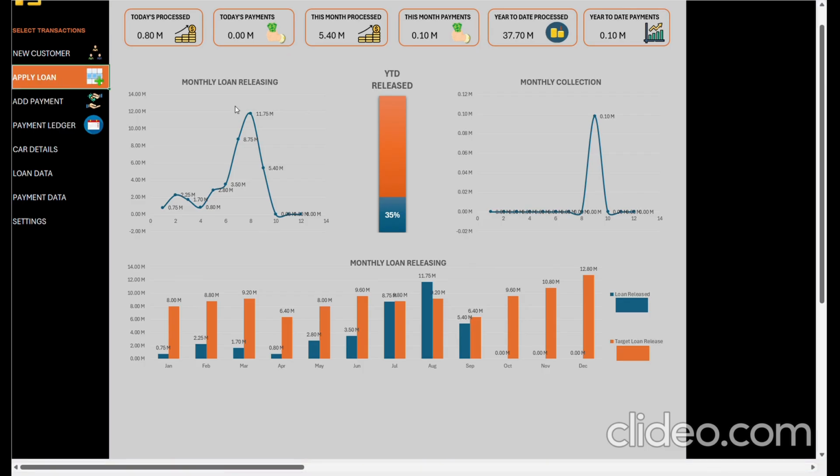What we have here is the TCP, or the total contract price. This is the down payment, the loan amount, the terms in months, number of payments, amortization, or how much he or she is going to pay per month, the date released, first payment, and completion date. And we also have the penalty. If applicable, we'll put a penalty